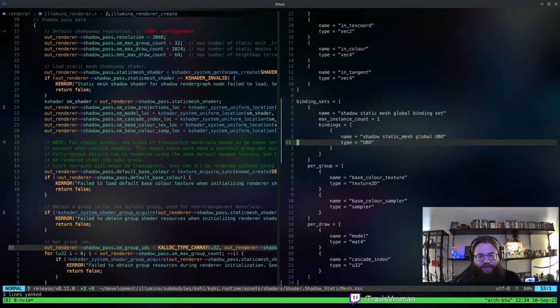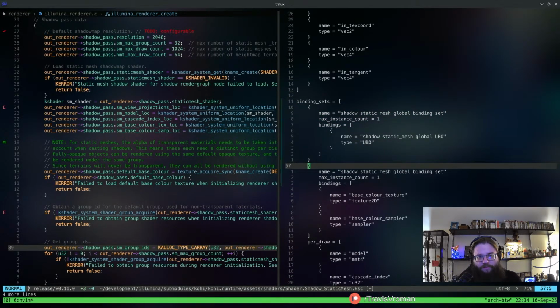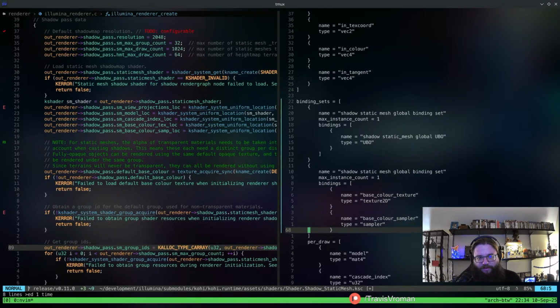Our second binding set is going to be, let's actually just do this. Right, and then we move these guys in. It'd be nice if I could quit hitting the wrong keys.